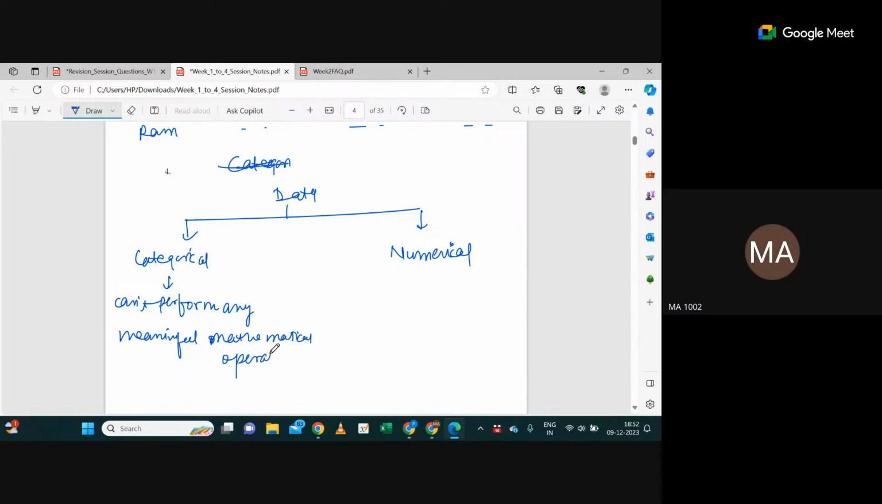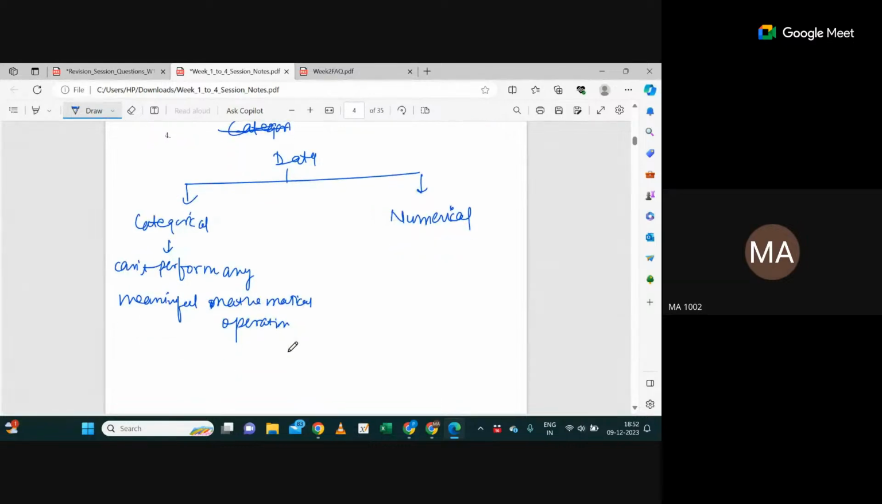I can use numbers, let's say for coding, for labeling the things, for labeling the categories, but I can't perform any meaningful mathematical operation. Numerical data is different: on numerical data I can perform mathematical operations. Now for categorical data, tell me whether